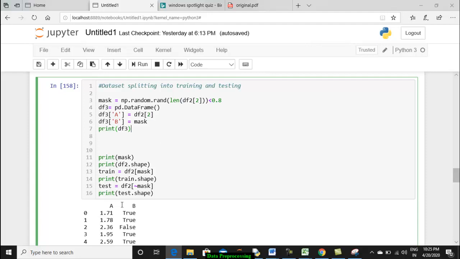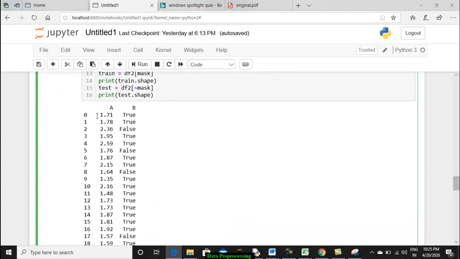Okay, now I want to show you how the mask is being created. So I'm creating a new data frame df3 as an empty data frame, to which I'm going to add these two columns. The first column is the attribute indexed with 2, and the second column would be the mask. I'm printing the data.